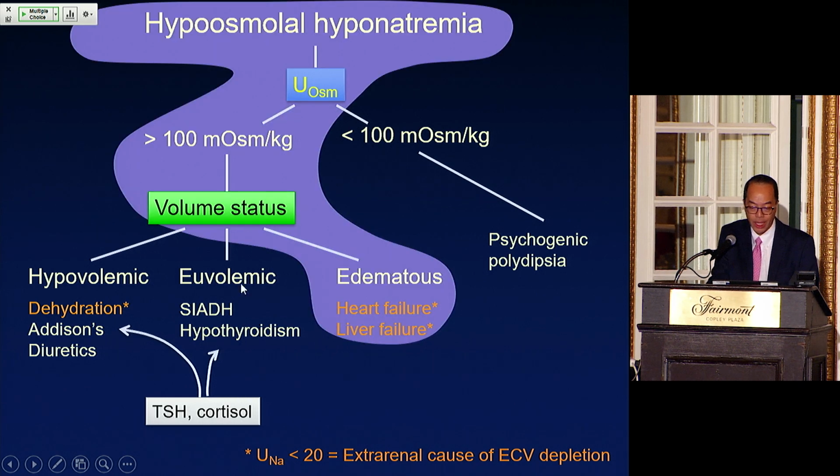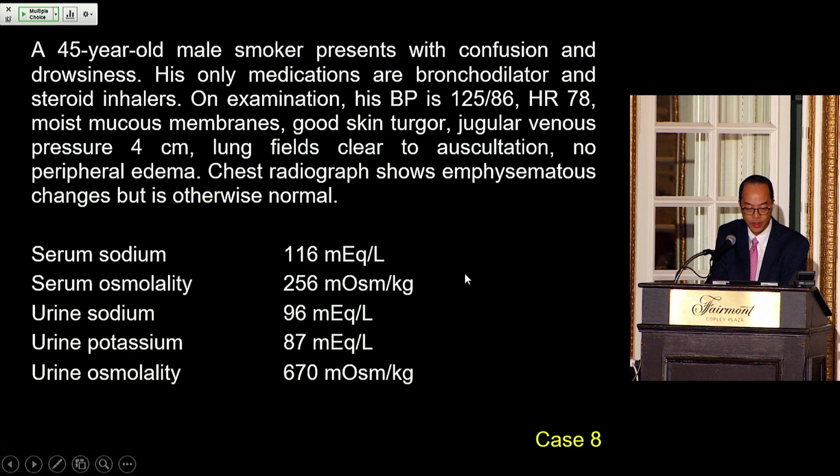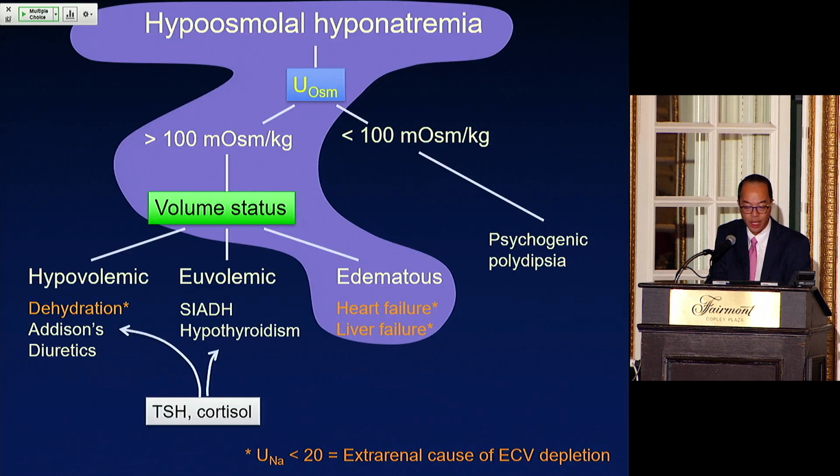So in this particular case, this was a patient who was obviously edematous and likely had heart failure. And in that case, the only thing that would reverse the hyponatremia would be to attempt to improve the heart failure. So if they're in a low output state, to give dobutamine, for example, and to reduce the balance of free water intake to free water excretion, which is what fluid restriction does.